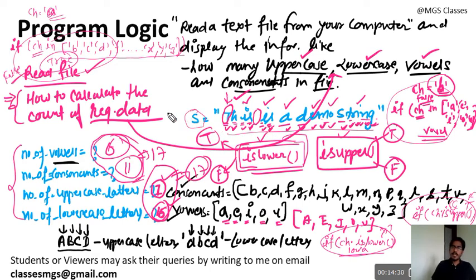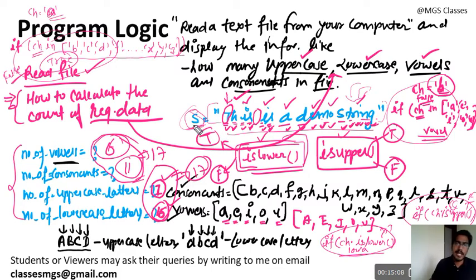Because in the case of a file, instead of the string that we have written here, we will read the content from the file and pass it into this variable, and the same logic will work for the file content also. So this is how we will write the program. That's why I have told you how to solve this problem for any string. If you are able to solve this for the string, then you are done for the file also. The remaining thing is only to read the content and pass it into this variable, and the same logic will work.